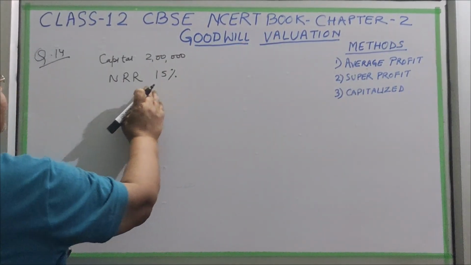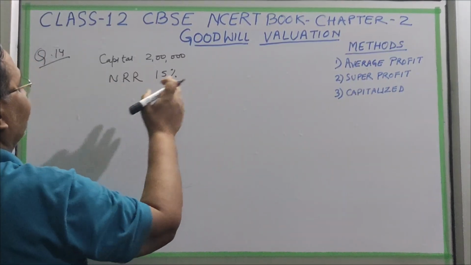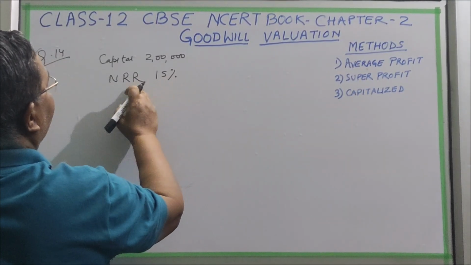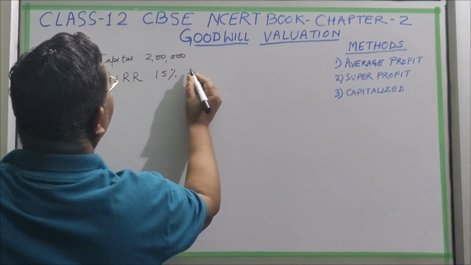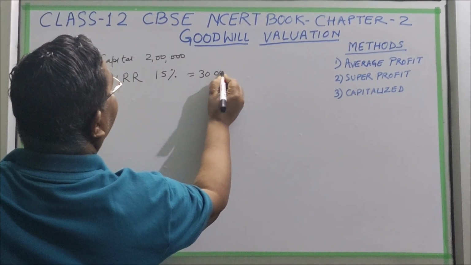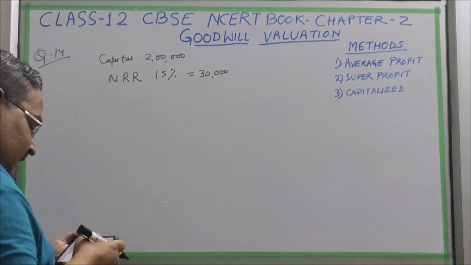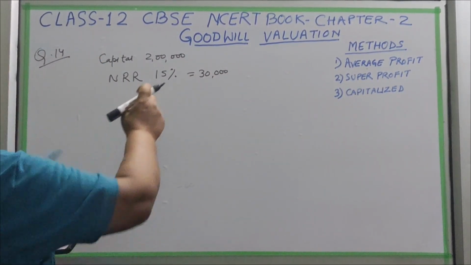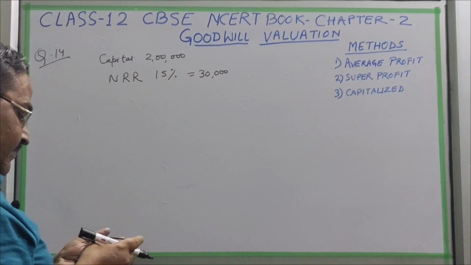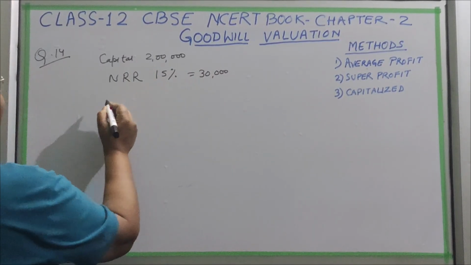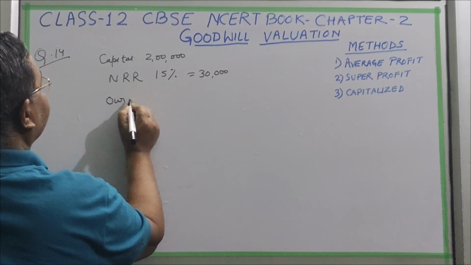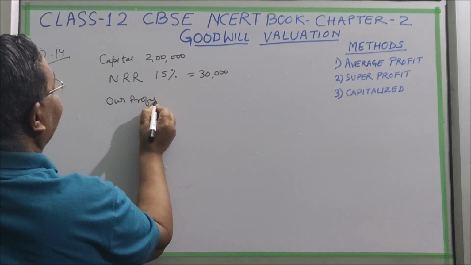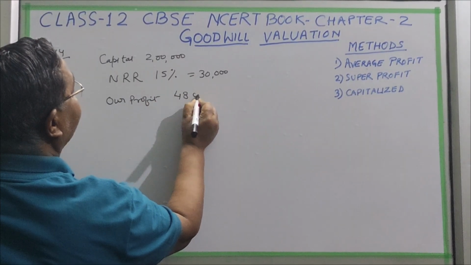It means if we take our profit as normal, our normal profit will be 30,000, which is 15% of 2 lakhs. But our profit is given as 48,000 in the question,